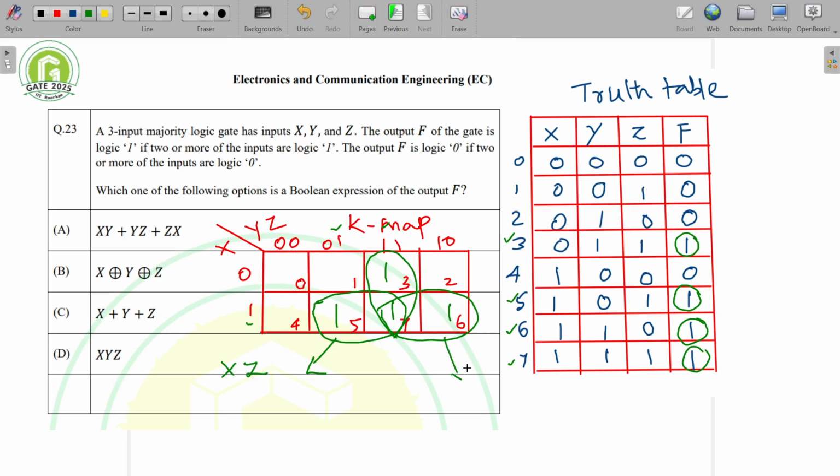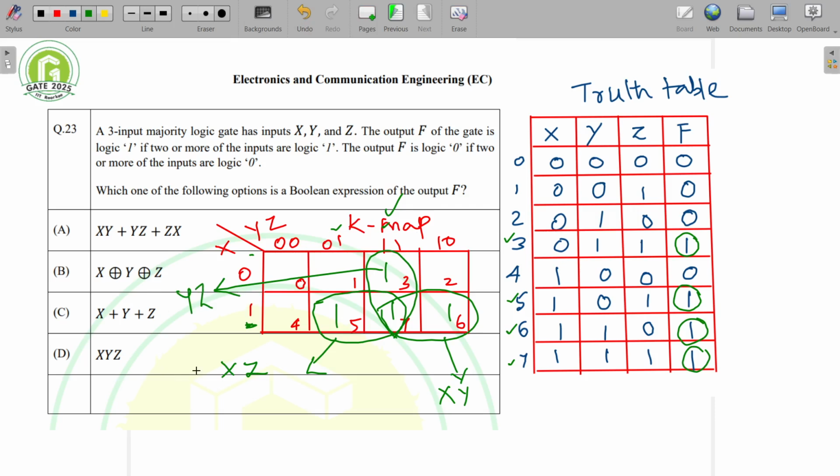Then when you go for this loop, this corresponds to this 1 of X, and on this side you have this 1, 1 as well as this 1, 0. So for 1, 1 and 1, 0, Y is 1, 1, but Z is 1, 0. So Z gets cancelled, but Y will be there. So this corresponds to XY. Then for this one, it is X of both, so 0 and 1, so X gets cancelled, but here it corresponds to 1, 1 of YZ, so it is YZ.